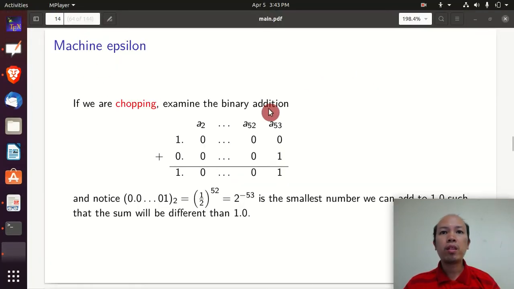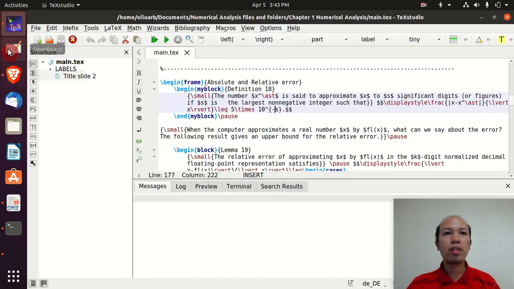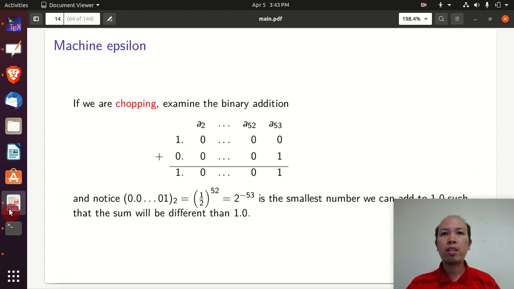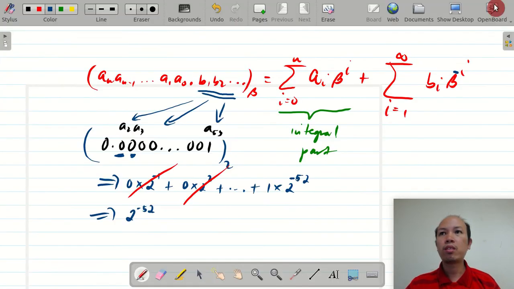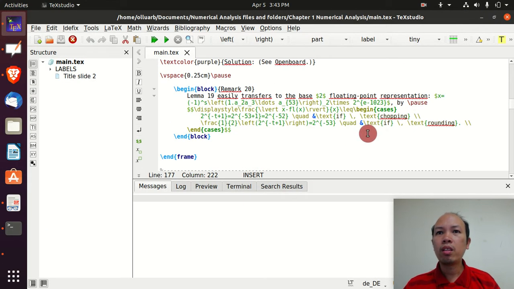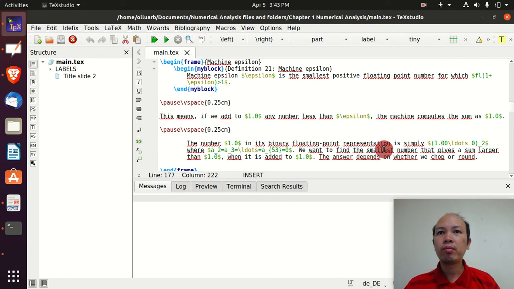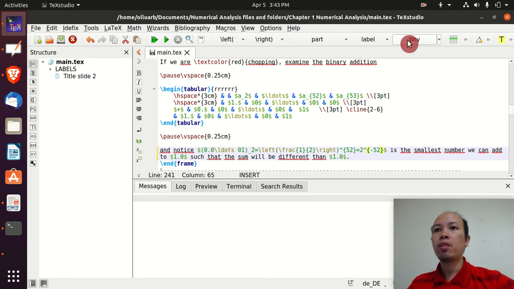So let's open our text studio to change that mistake. We have in shopping, where are you? Sorry, this one here, we have 52. Okay,